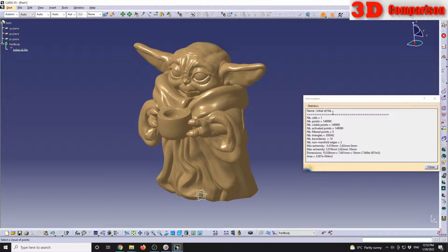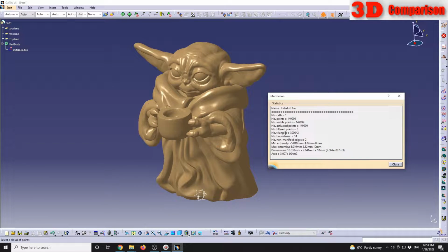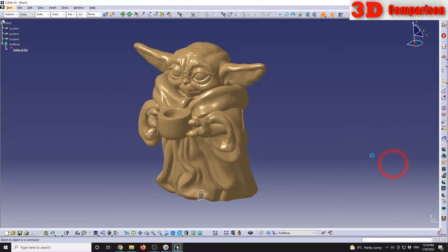And we see that this is an STL file defined with a number of triangles. So there are 300,000 triangles defining this, and this is the number of vertices of the model. We have the dimensions, so 10 millimeters. So it's quite a small model. So if you want to optimize it,